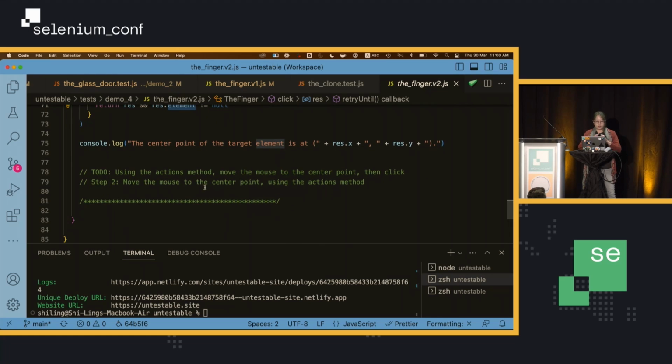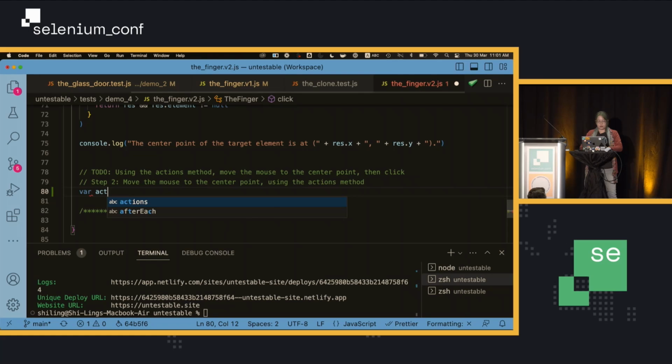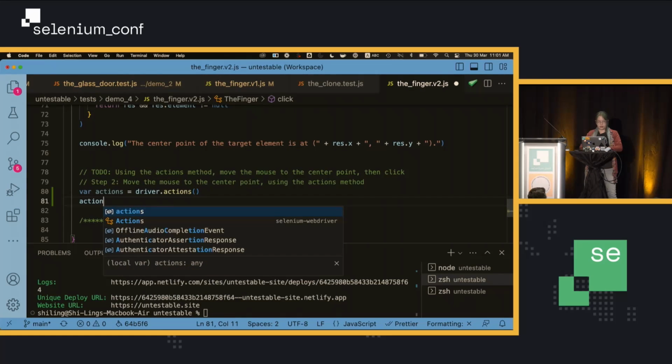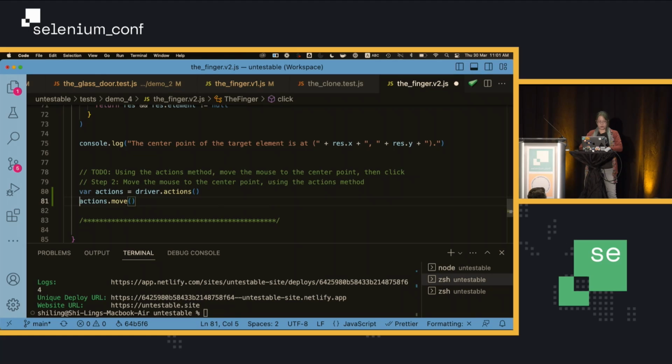Now, given that I have the element returned from the finder function, what I'm going to do next is use the actions protocol to move the mouse to the center point and then fire the left mouse button and release it. So how do we do that? Let me show you. We're going to create actions, driver.actions. Then actions.move, and make sure that we remember to add an await because it's JavaScript.